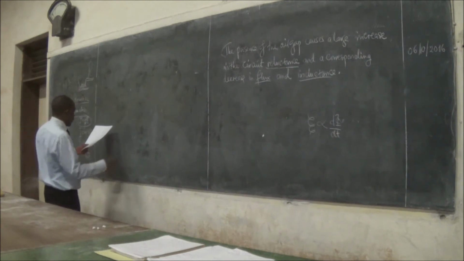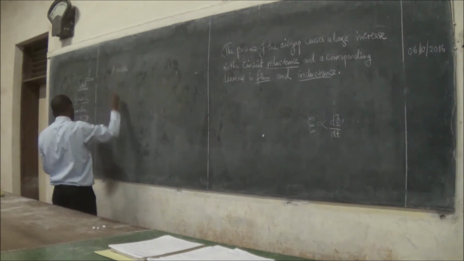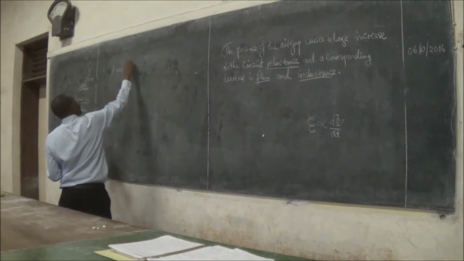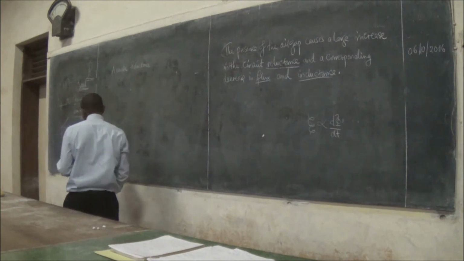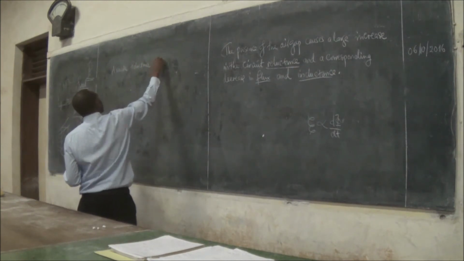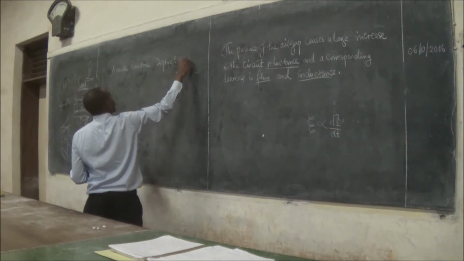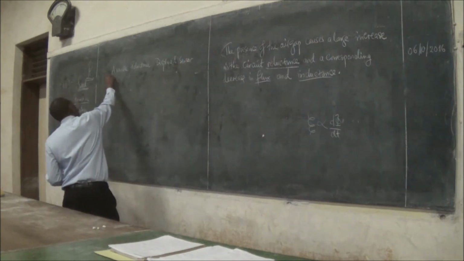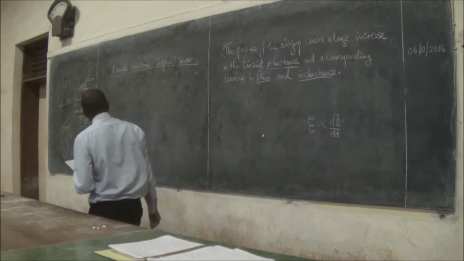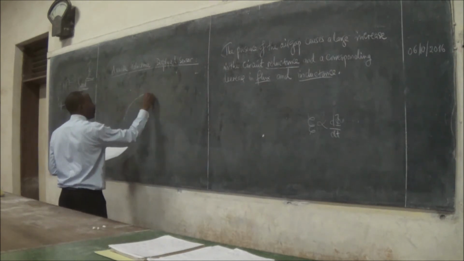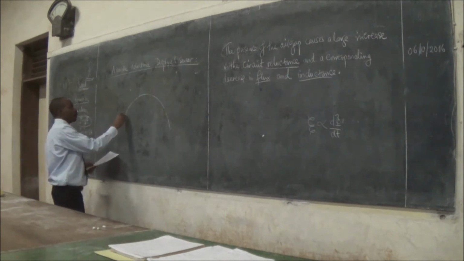So let's look at a variable reluctance displacement sensor, or you can call it a transducer. The two are synonyms. So if we had a semi-toroid,